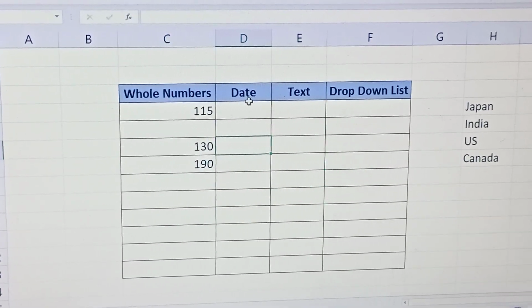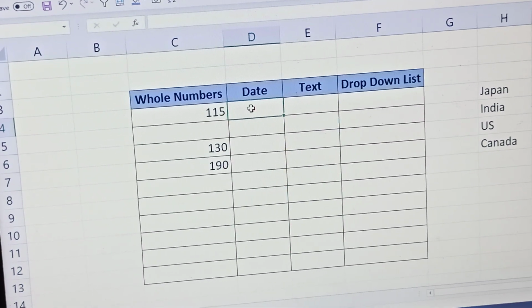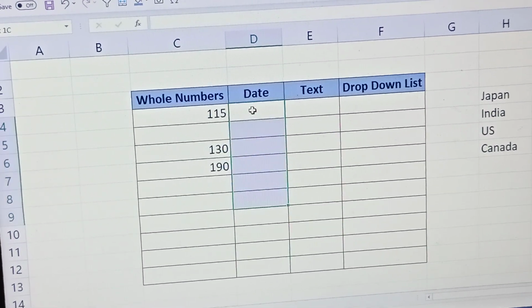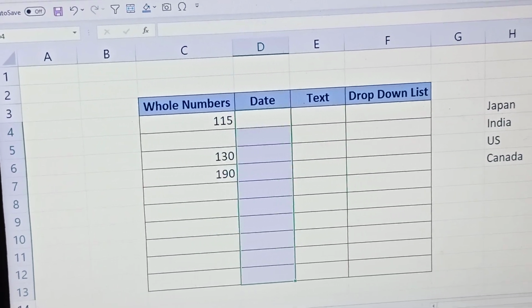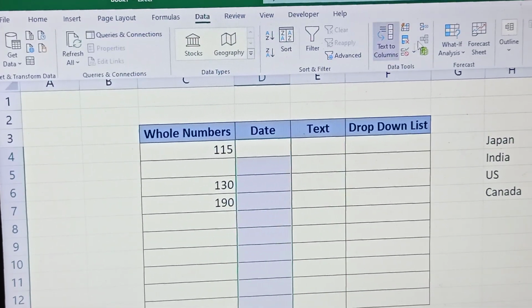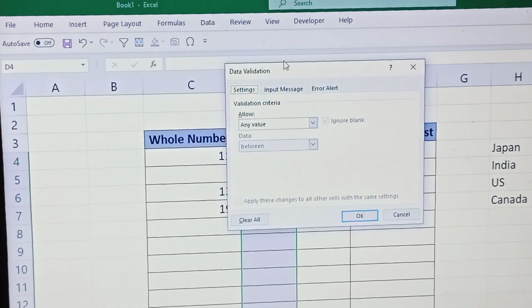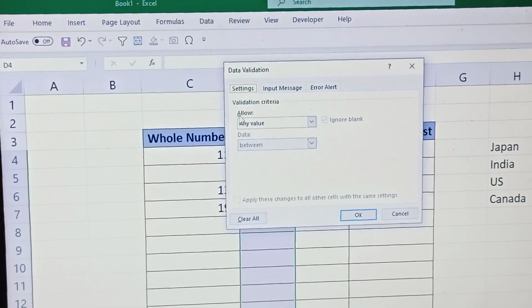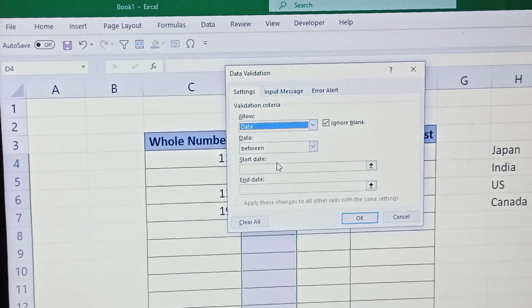Next, let's go to date. Again, select all the columns where you want to do the data validation. Click on the Data tab, click on Data Validation. Now under Allow, you just click on Date.